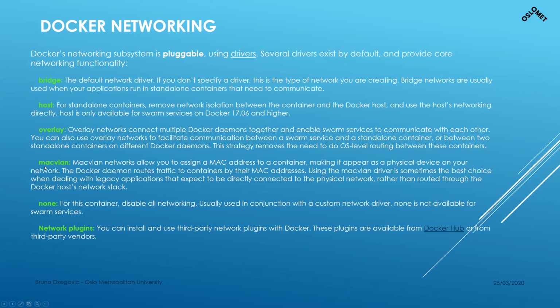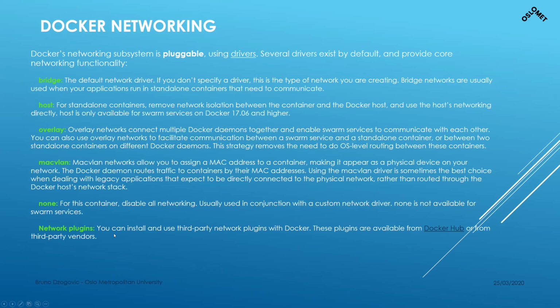So this is also very fast, and it doesn't add any overhead like overlay networks and bridges. So if you can use this, always use MacVLAN if you're having something in your local area network. There are third-party plugins. There is also the possibility to use none. It means your container will be disconnected from networking, if you want it as such, so you can only access it locally.